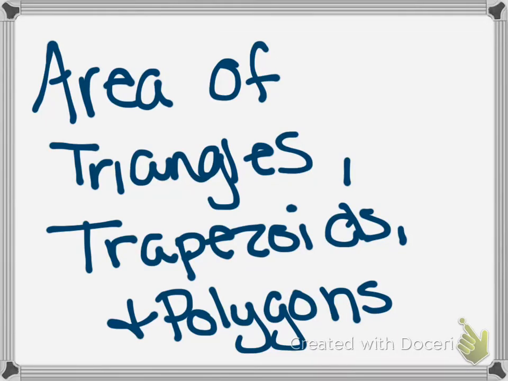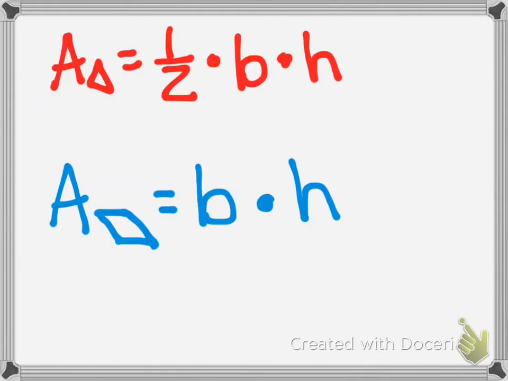Alright, so today we're going to talk about the area of triangles, trapezoids, and polygons. First off, to find the area of these shapes, you only need two formulas. The first formula is area equals 1/2 times base times height, and that's the formula for finding the area of